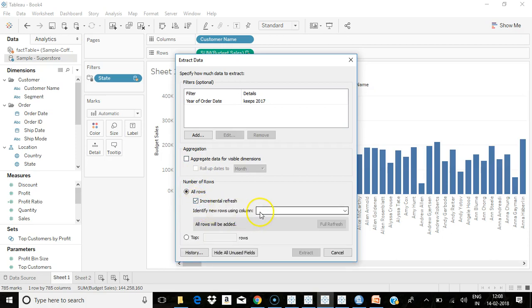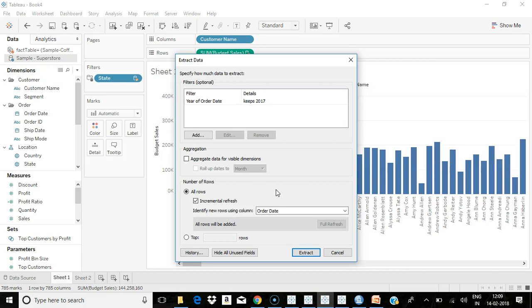In that case, you have to choose a particular column. If I choose the order date, based on the order date Tableau takes the number of records that were present during the last refresh and compares it with the number of records present in your database. Based upon the number of differences, it is going to do the refresh.